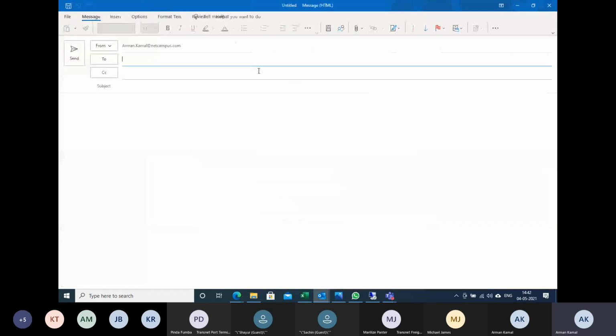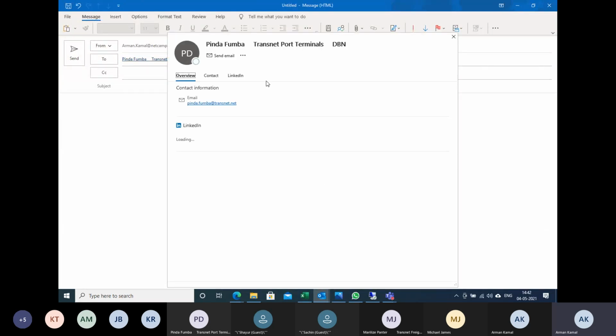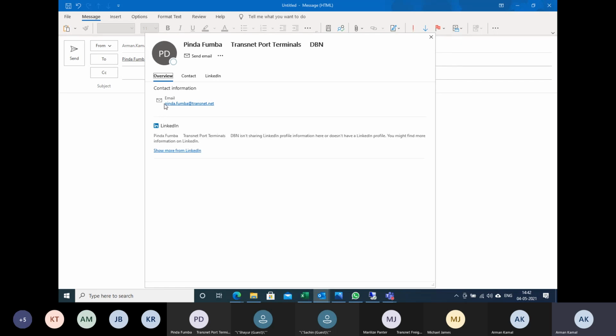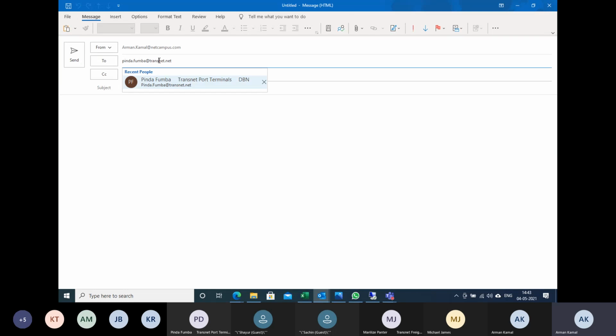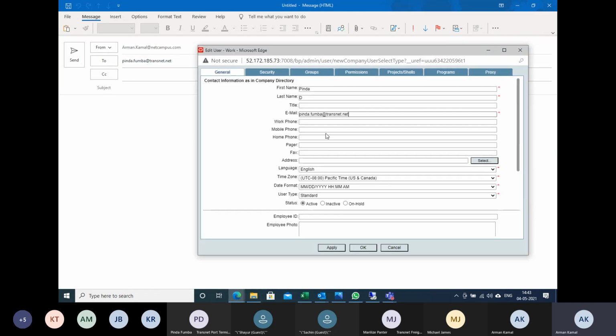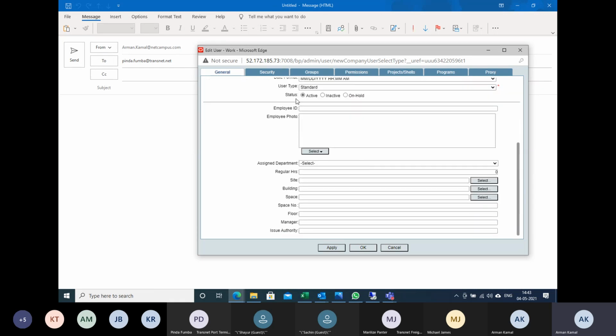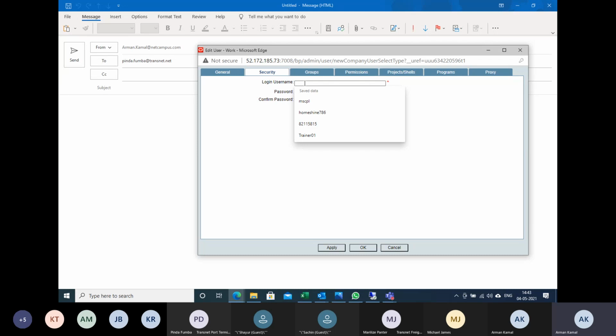Give me a second. So let me use your real email ID. Now everything is okay. So I will put user Pinda D, and same password. What co-admin I have.